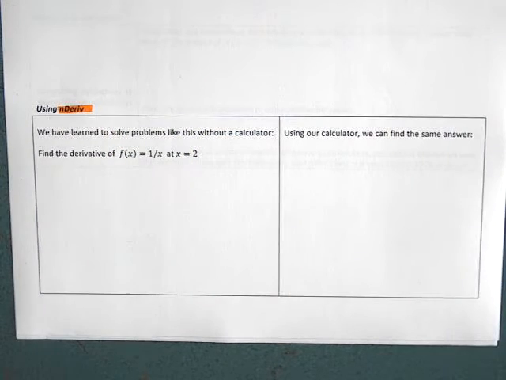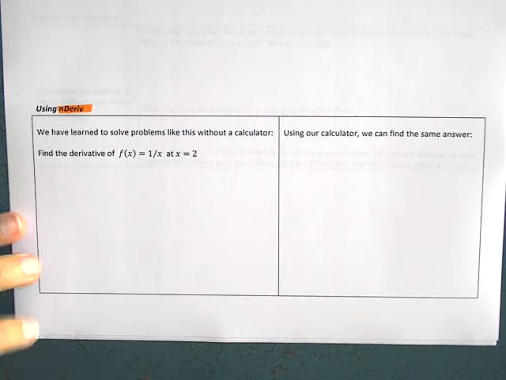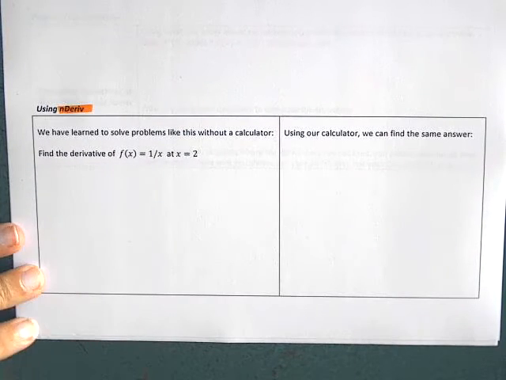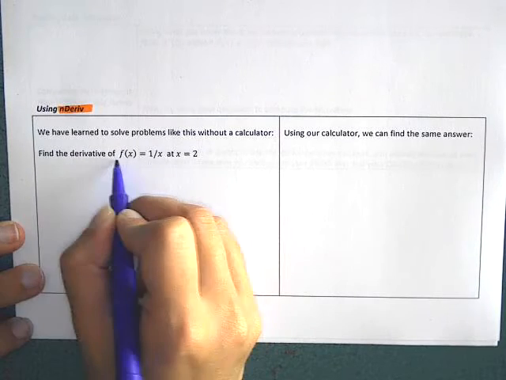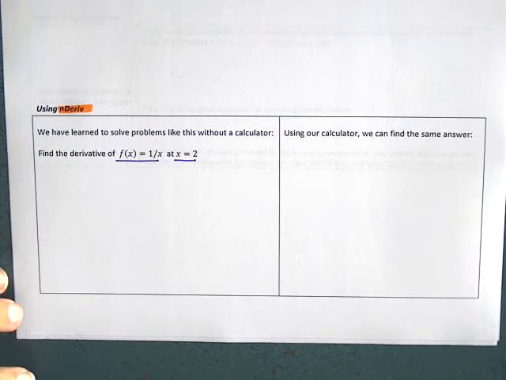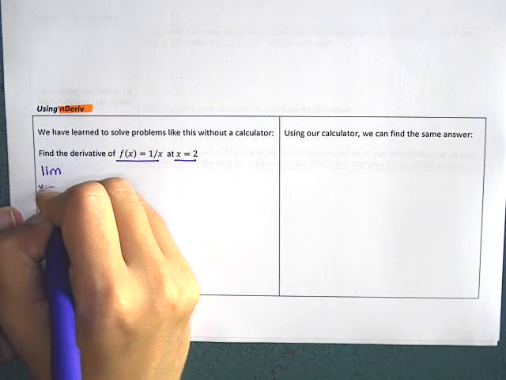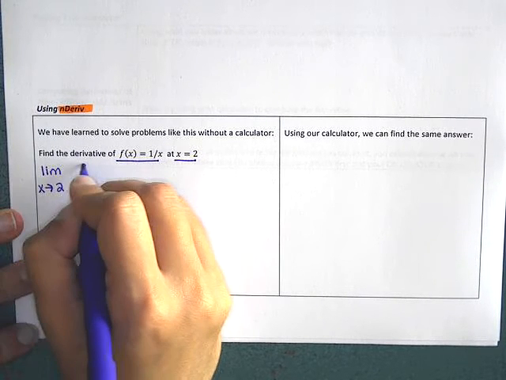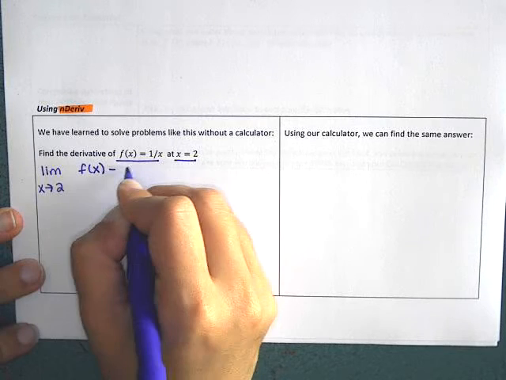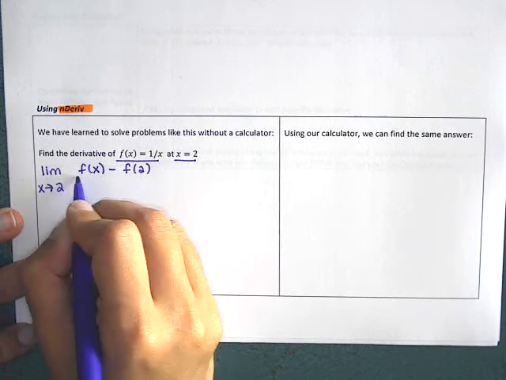This function will allow us to find derivatives at specific values without having to use a limit anymore. So we have learned how to solve problems like this without a calculator. Find the derivative of this function at x equals 2. So let's do it. The limit as x approaches 2 of f of x minus f of 2 all over